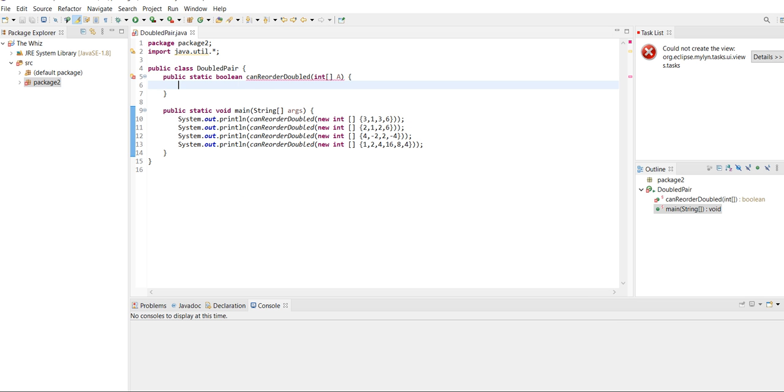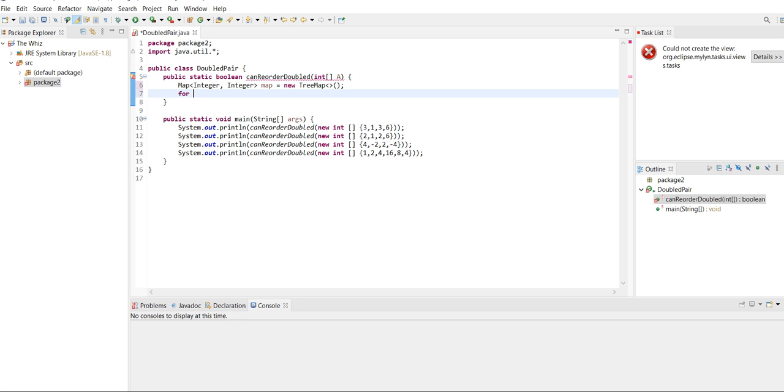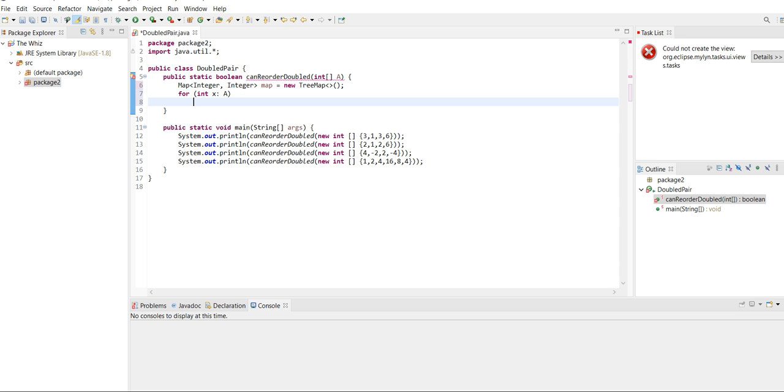So in order to do this, we're going to be creating a map, and this map is going to just track how many instances of every integer we have. So what we're going to do is we're just going to create a map. It's going to be a tree map. And then we can iterate through the array here and do for int x in A, we're going to do map dot